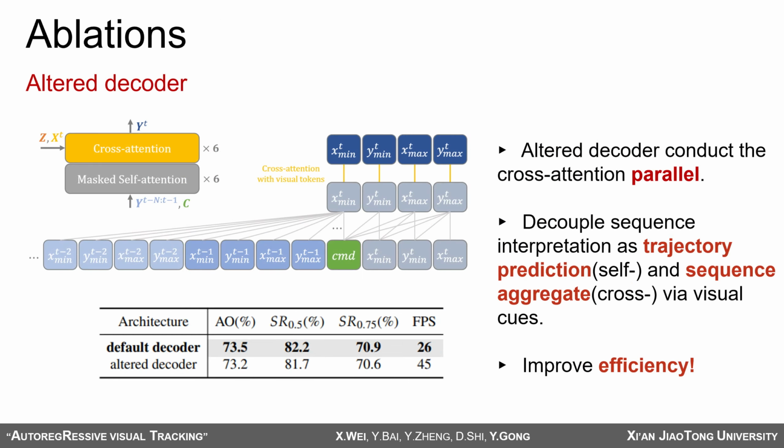While the ARTrack framework offers promising performance, it suffers from a notable limitation in terms of computational efficiency compared to recently proposed trackers, primarily due to its serial computation in the decoder. To address this concern, we explored an alternative decoder architecture consisting of stacked self-attention and cross-attention layers. In this altered decoder design, multiple self-attention layers process coordinate tokens in an autoregressive manner, while parallel cross-attention layers aggregate visual features. This modification significantly improves the inference speed of the tracker, resulting in a remarkable 73% speedup. However, it is important to note that there is a slight trade-off in accuracy, with a marginal decrease of 0.3%